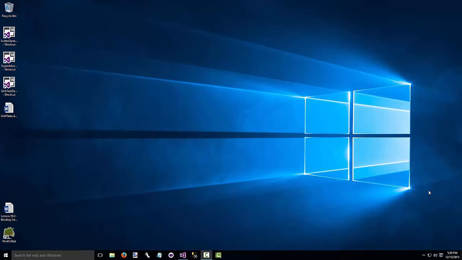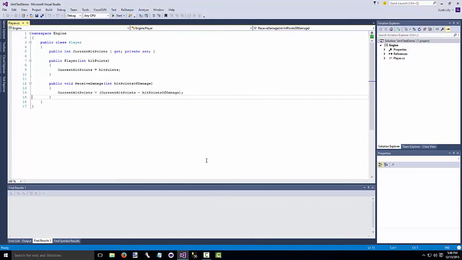Unit tests are extremely useful in large programs or if you're working with other developers, because it's very easy to make a change in one part of the program that breaks something in a completely different area that you didn't realize was connected. And the unit test will let you know about that right away. In this video, we'll write some tests for a player class for a pretend role-playing game. The player has a current hit points property, and we have a receive damage method. So when the player is fighting, if a monster hits him for some damage, we subtract that from the player's